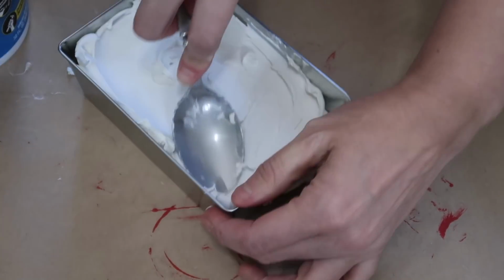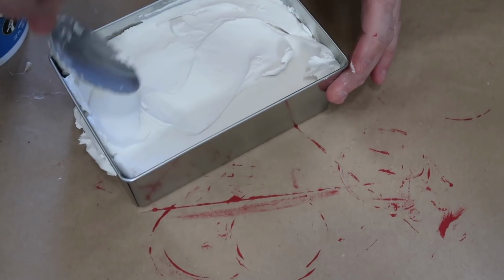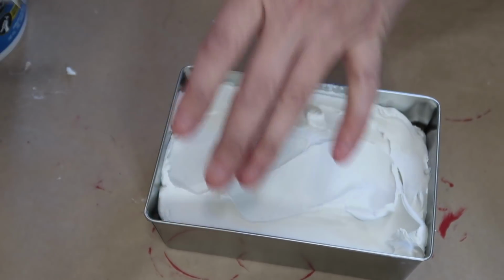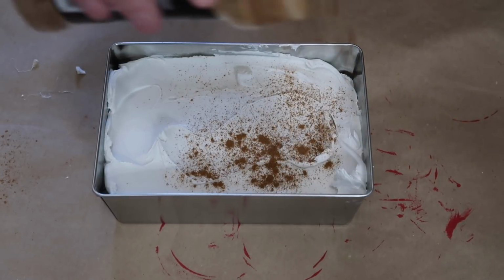I thought it'd be cute to make a faux gingerbread cake, but I know that you can't use spackle in real food, but I just kind of wanted to test this out. It's what I had on hand, and like I said, I knew it wasn't going to last, but this is for your inspiration. So if you want to make something like this and you can think of some faux items